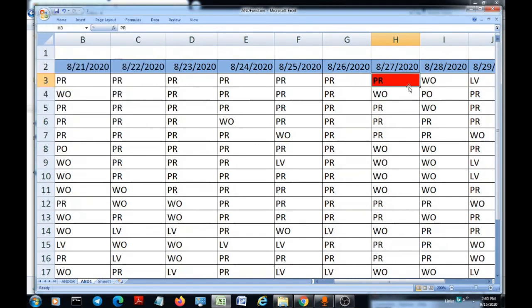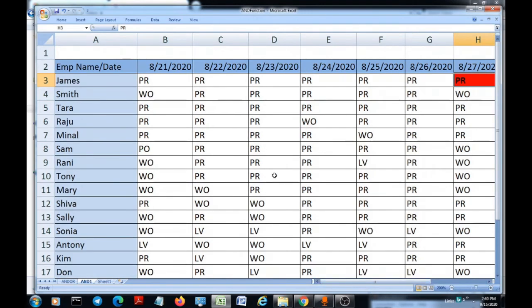So why is the cell highlighted in red? As you can see here, the previous 6 days attendance is marked as present. 1, 2, 3, 4, 5, 6, 7. All the 7 days attendance has been marked as present. So it is going to highlight this seventh cell as the one that needs attention. So I will mark it as a week off here. In between, I will mark one as a week off. So the conditional formatting vanishes. So I'm going to revert it back.